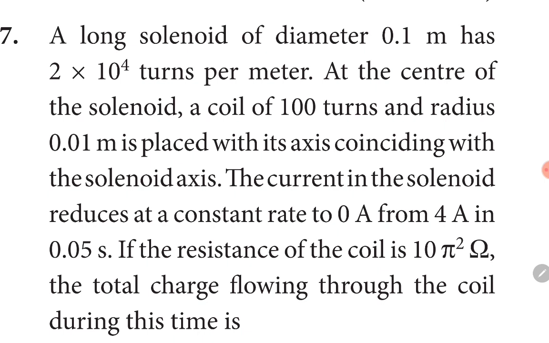So guys, in summary, we'll have to use three equations. Charge Q is equal to delta phi divided by R, flux phi is equal to NBA, and finally magnetic field B is equal to mu naught Ni, where N is number of turns of solenoid per unit length. So guys, this is the main concept of this question. Let's observe this in the solution in the next slide.